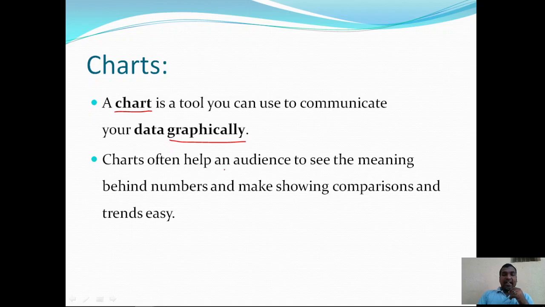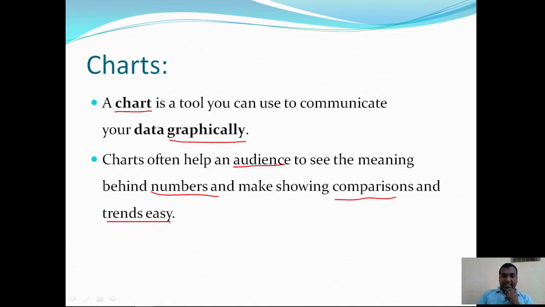Charts often help an audience to see the meaning behind numbers that we are using and make showing comparisons and trends easy.